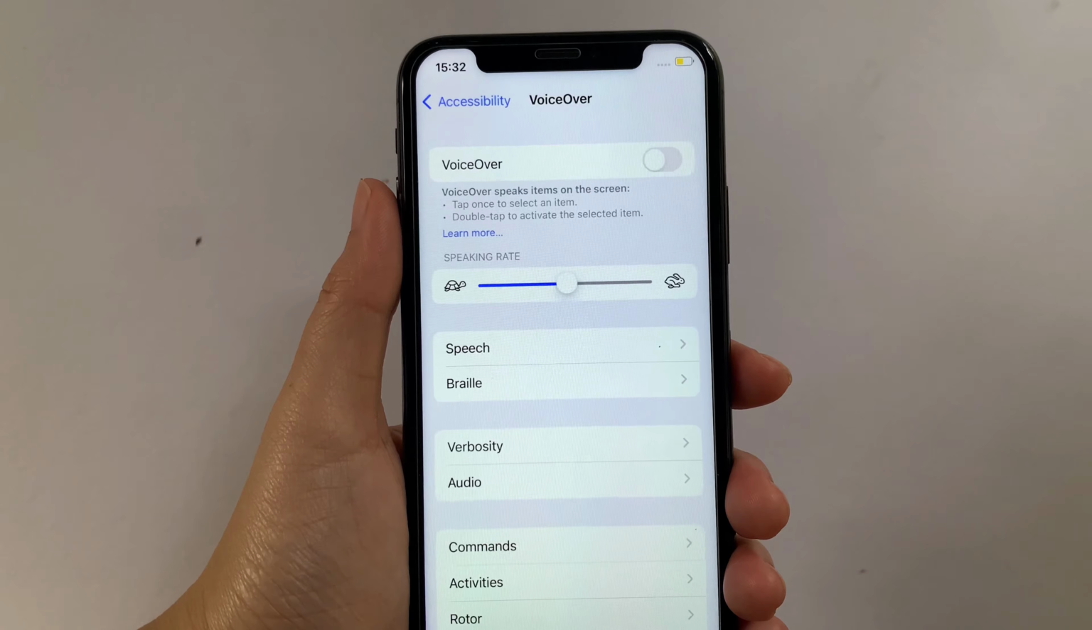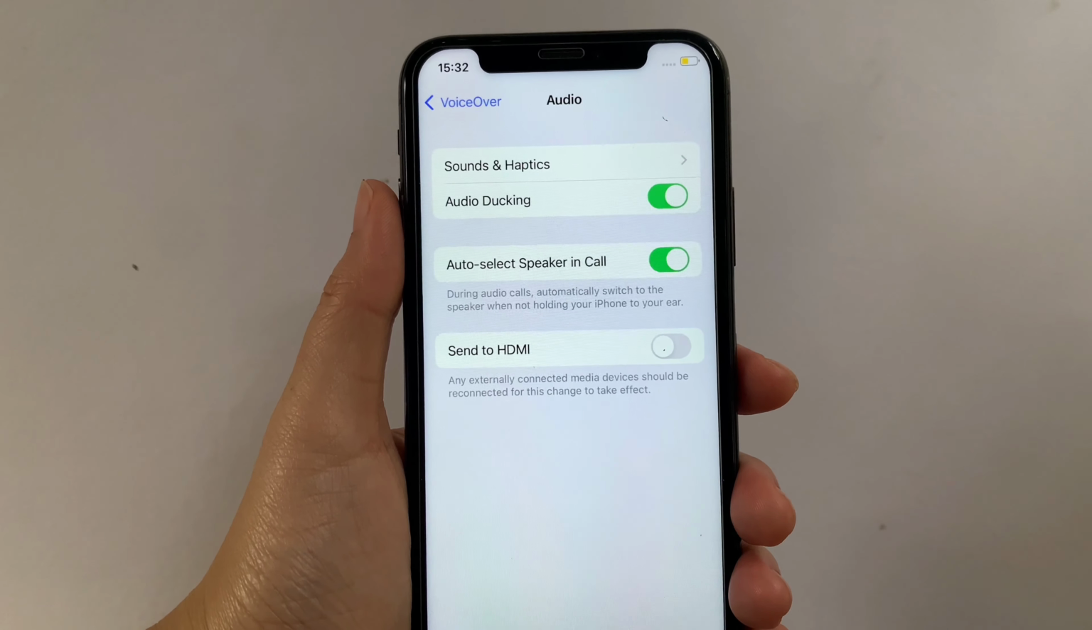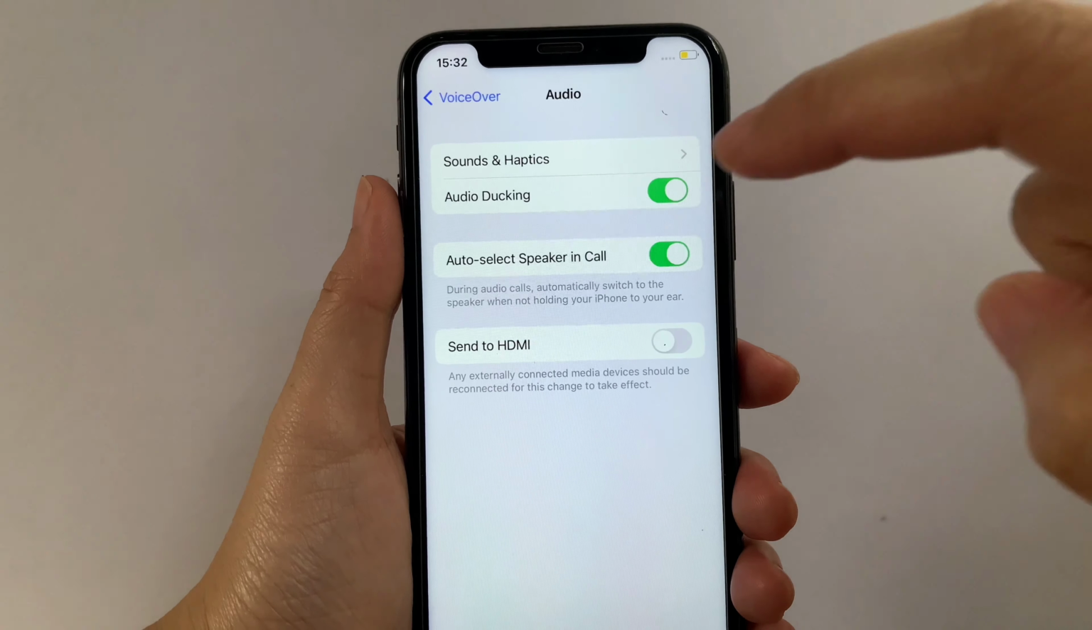Then after that, in the voiceover, scroll down and tap the audio. Then in the audio, tap the sounds and haptics. Then after that, in this part, in the sound and haptics, scroll down and go to interaction section and then tap the item focus. Then in the item focus, as you will see, there's a switch button located on the